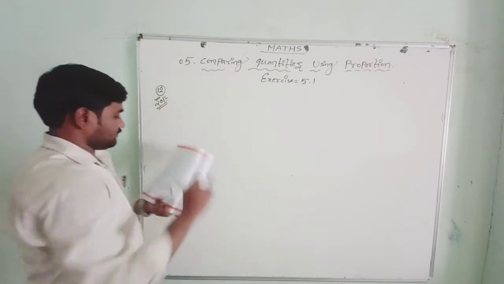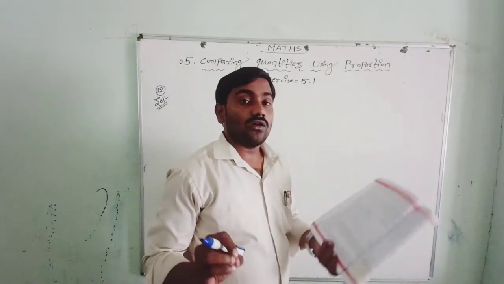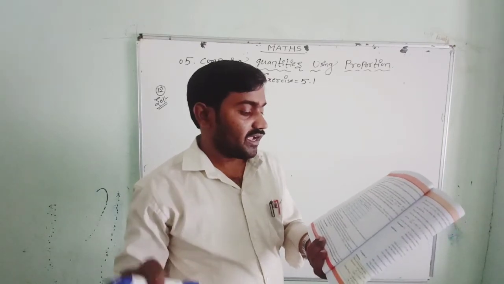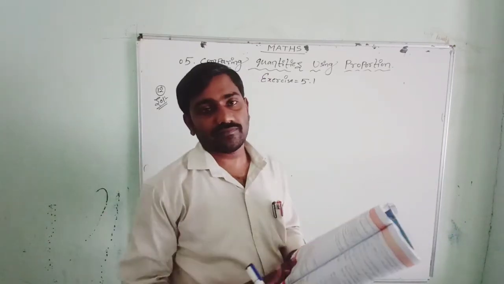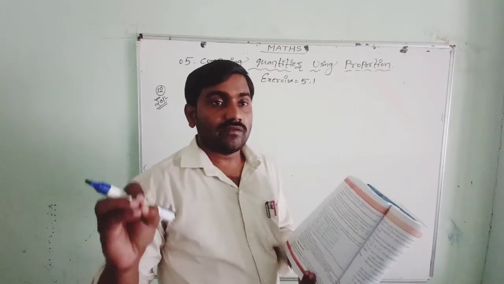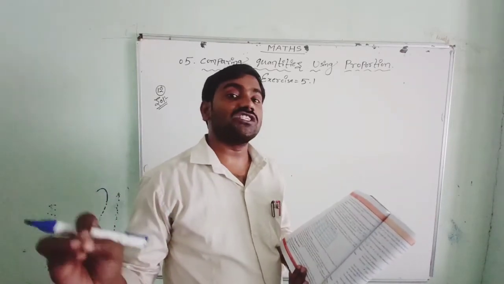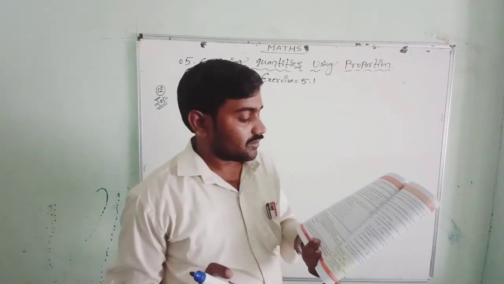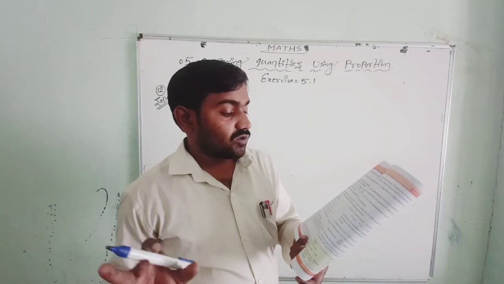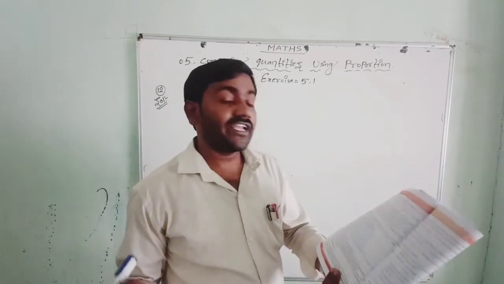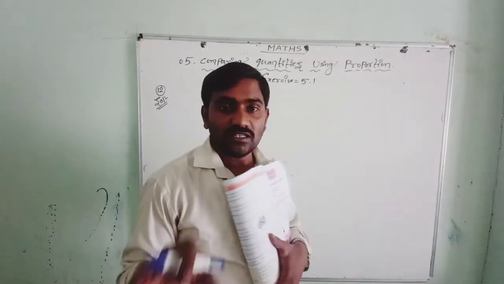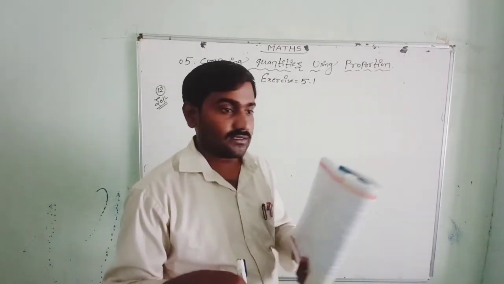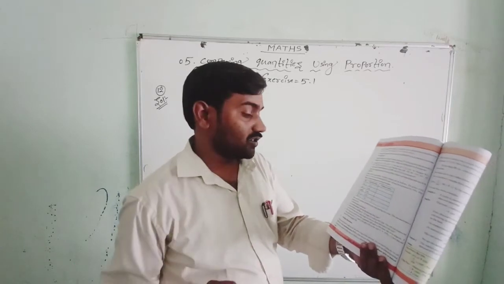12th question solution. There were 2075 members enrolled in the club during the last year. 2075 members are there in a club, whatever club it is. So this year enrollment decreased by 4%. This year the enrollment decreased. How much percentage? 4%. So we have to find out A and B, two questions.